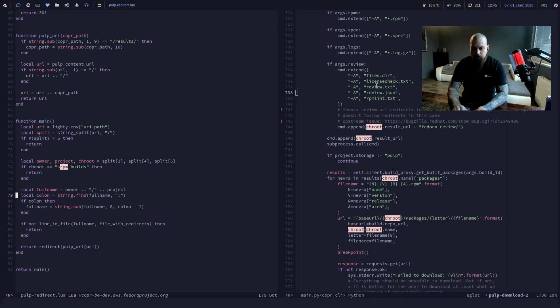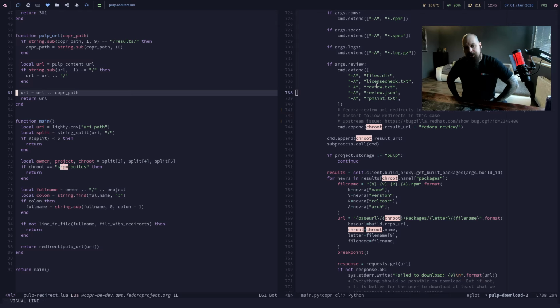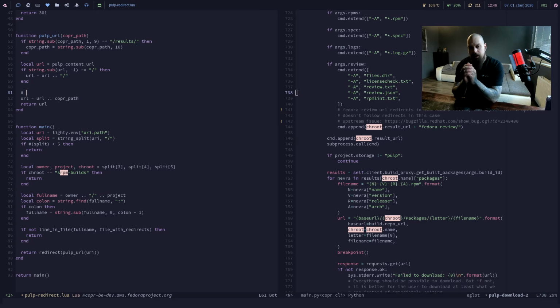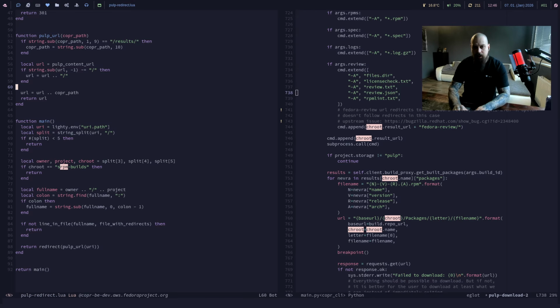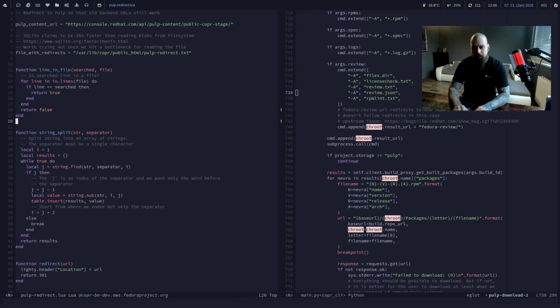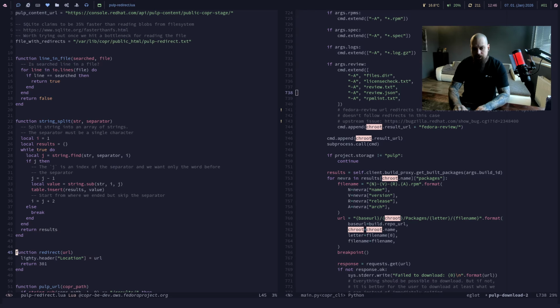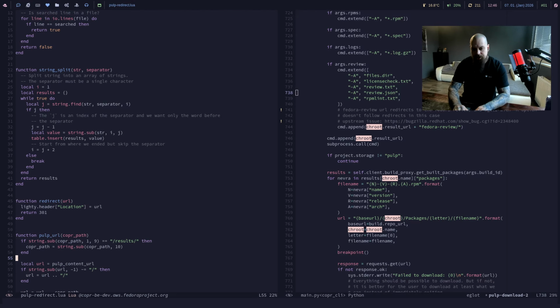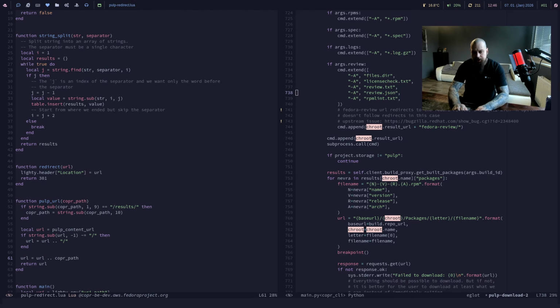But what we need to do is here, this piece works perfectly fine for, how do you write comments in Lua? It's double dash. So where it is here. So this piece works perfectly for the XML redirects,